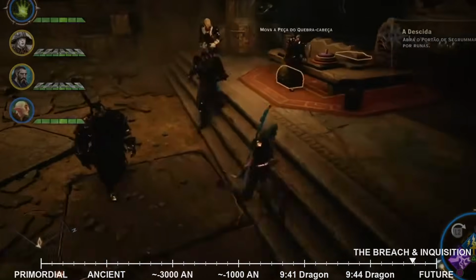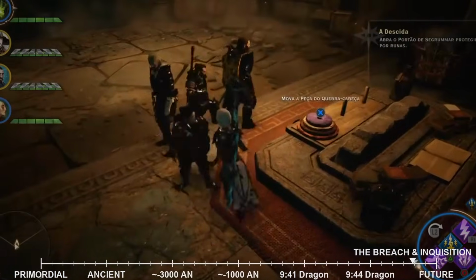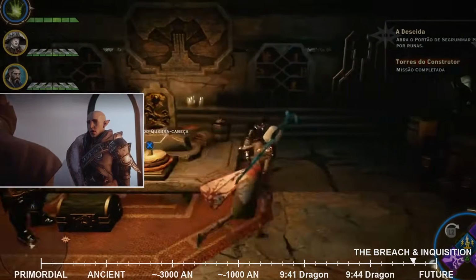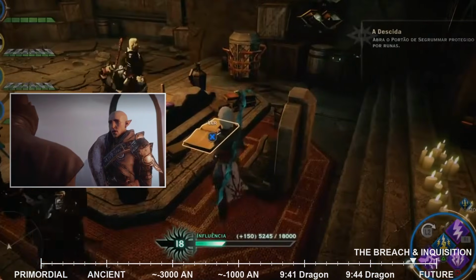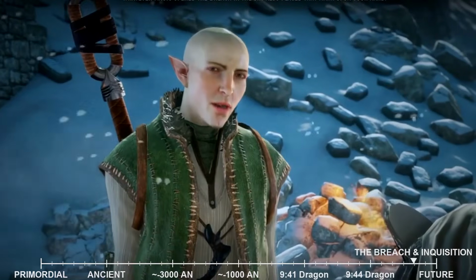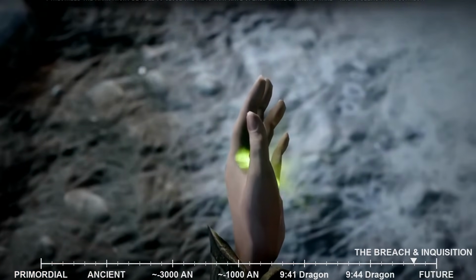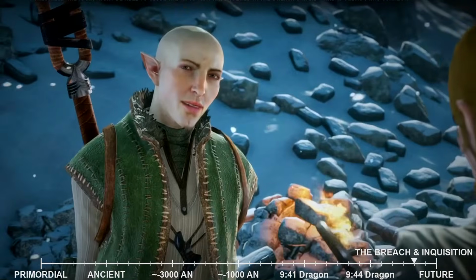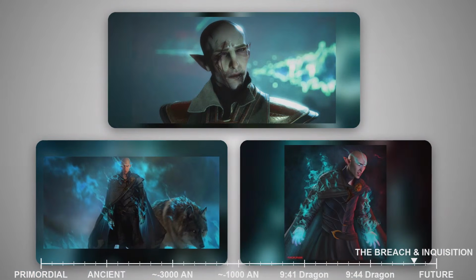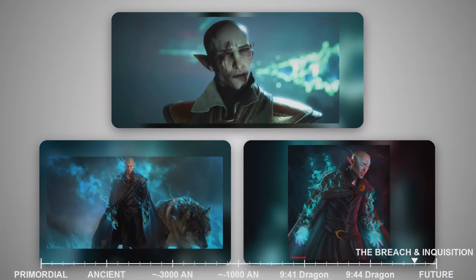This revelation is delivered in a private, intense confrontation with the Inquisitor, often in a secluded location, emphasizing the personal nature of this betrayal. Solus, who has been a constant presence, offering advice and insights into the Fade and elven lore, now stands before the Inquisitor as an ancient deity. His true form, often depicted with subtle hints of power and ancient magic, is now fully unveiled.